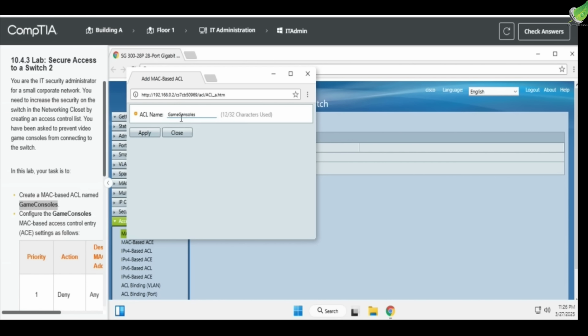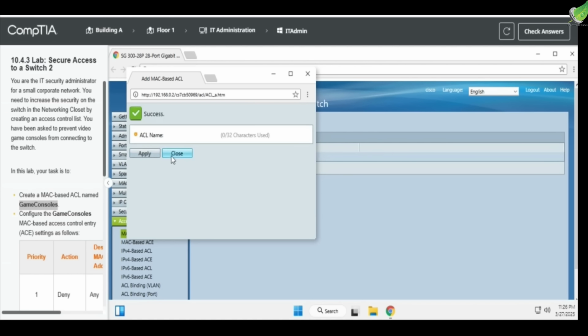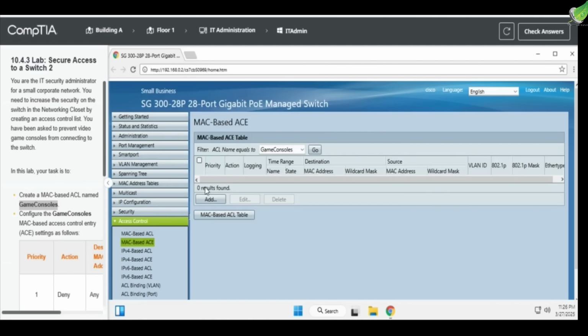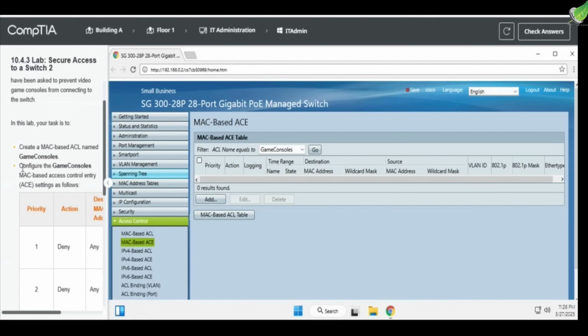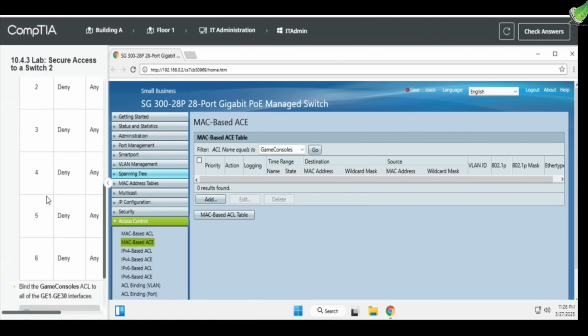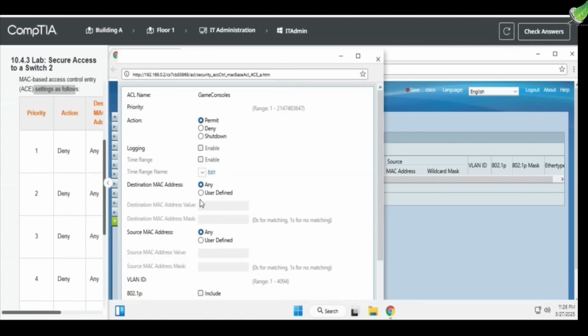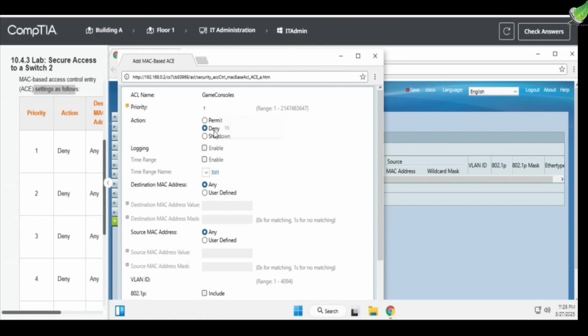We apply this, close, and then game console is not there. So configure the game console MAC-based access control entry setting as follows. Alright, so let's add deny,